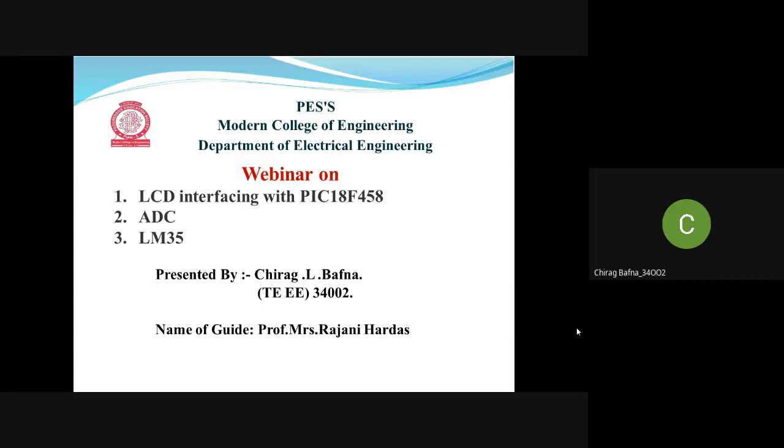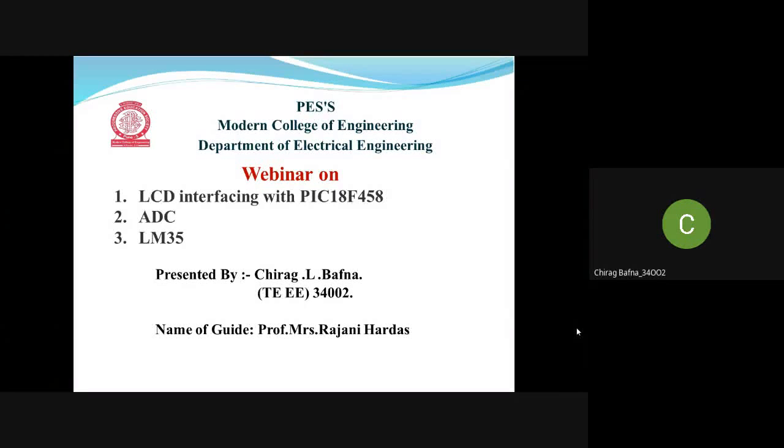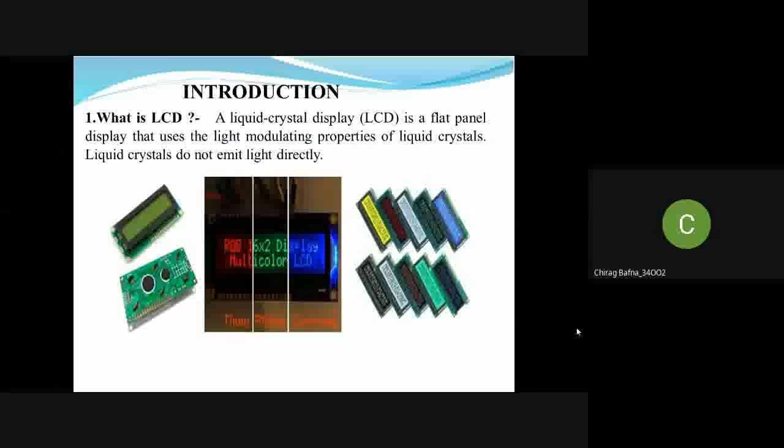Today, I am going to discuss some LCD interfacing, ADC interfacing, and LM35 interfacing with the PIC18F458 microcontroller. This section describes the operation modes of LCDs. Then I will describe how to write the program and interface an LCD to a PIC18